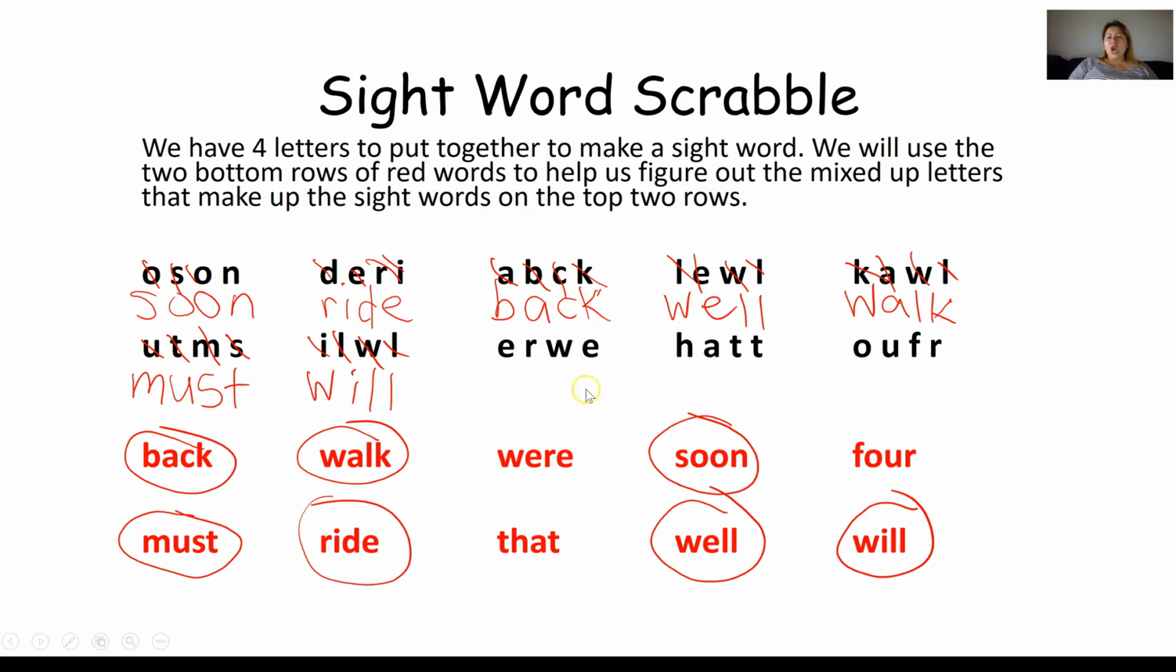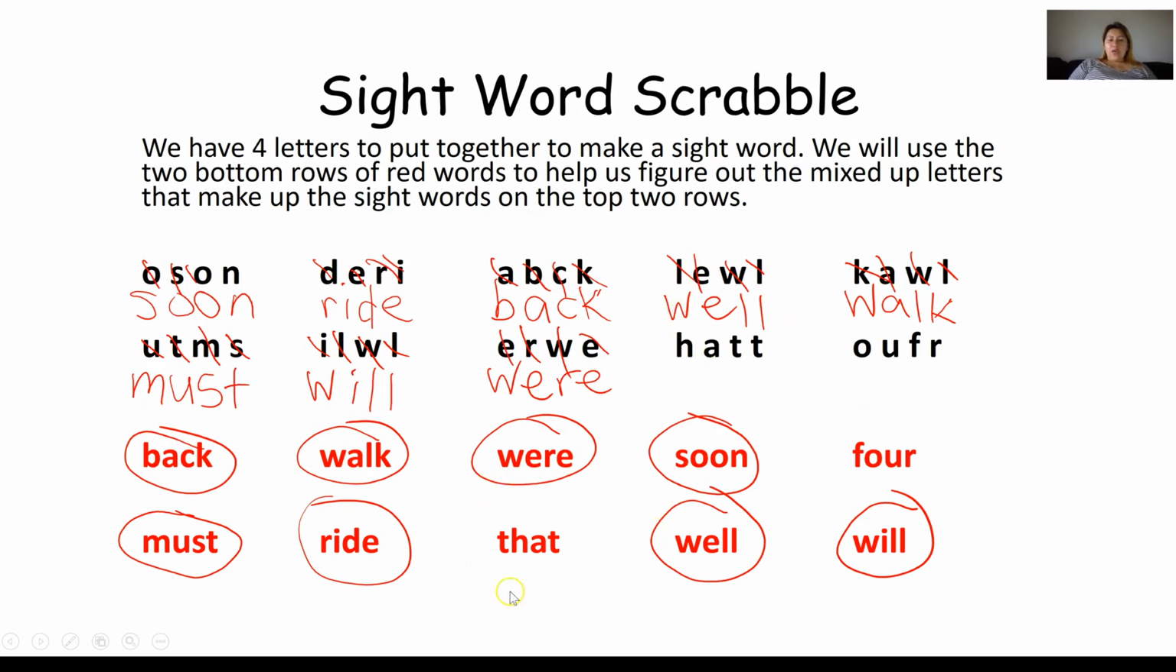E-R-W-E. Okay, so let's check this one out. We have an E. We have an R, we have a W, and we have an E. We got it, boys and girls, on our first try. All right, so W is the first letter to put it in the correct order. Then we have an E, cross it out. Next we have an R, cross it out. And then we have an E, cross that out. All right, next group of letters,